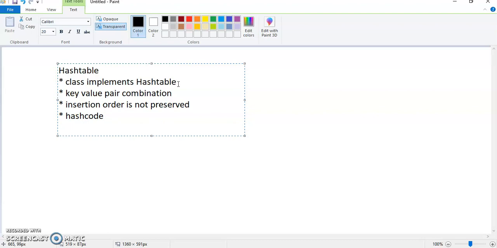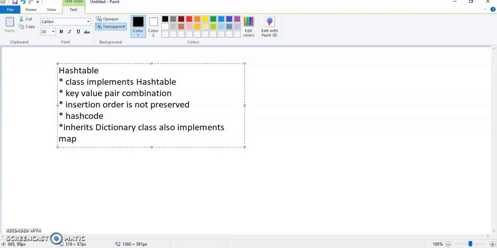One more feature of this Hashtable is that it inherits the Dictionary class. The superclass of the Hashtable class is the Dictionary class, and also it implements the Map interface.